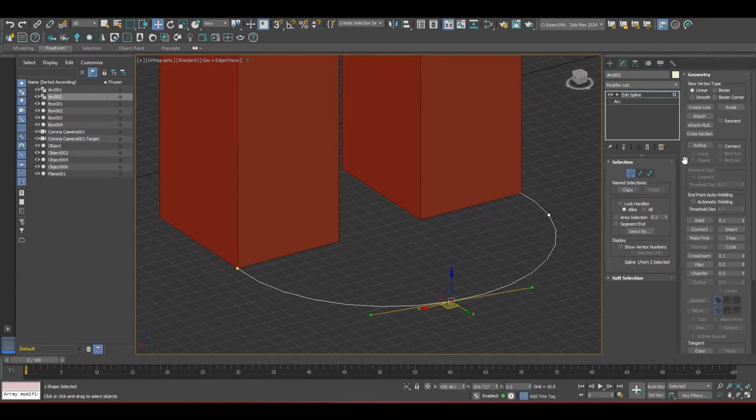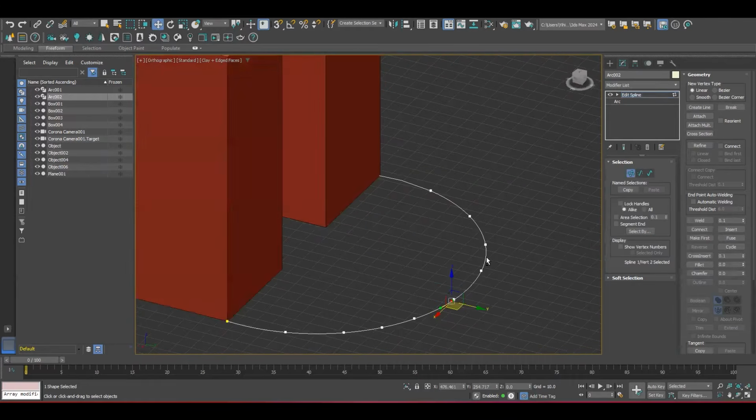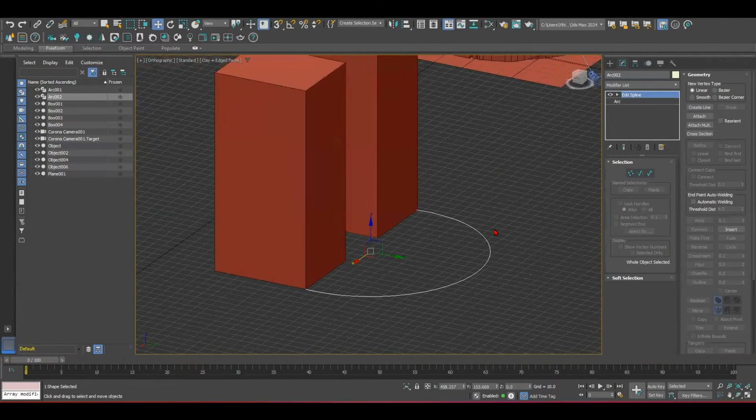So what I'm gonna do, I'm gonna select refine. Refine allows me to create several points, so I can control all of them. And this way, it's easy to edit on them.